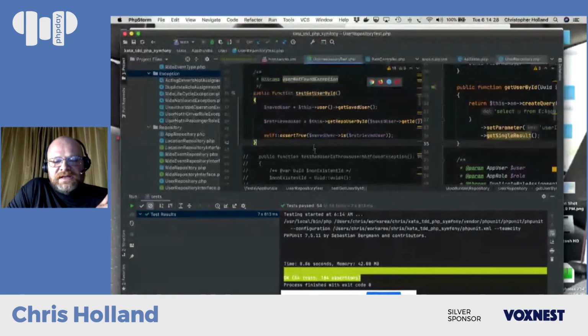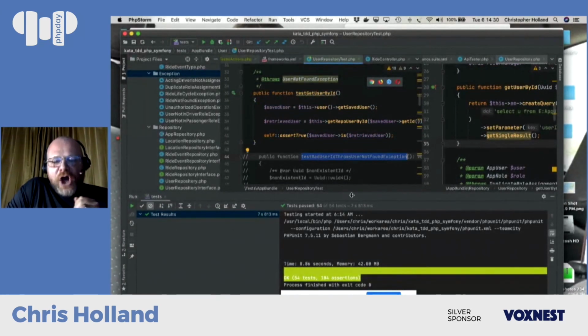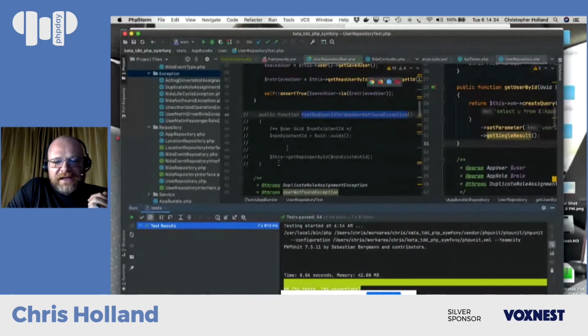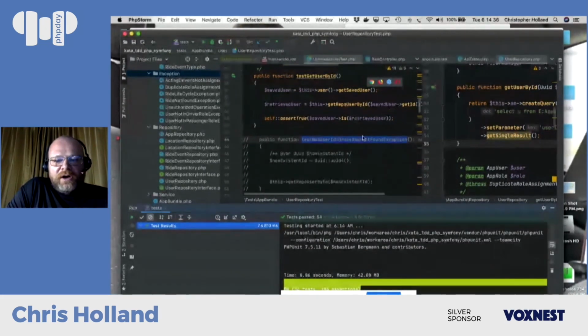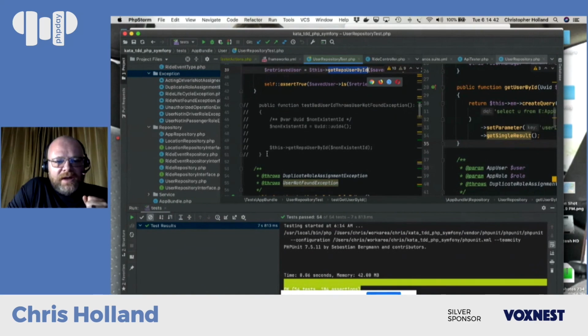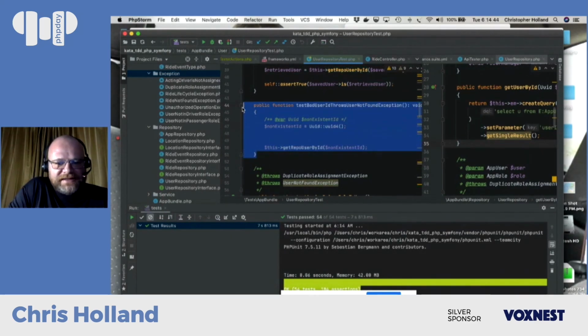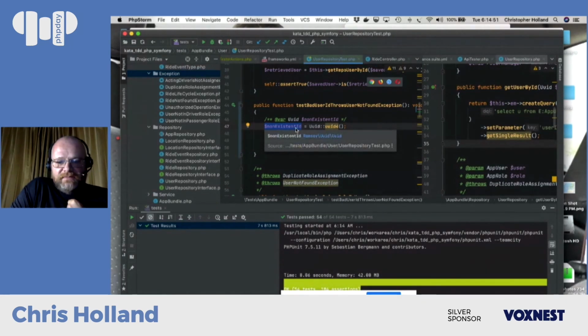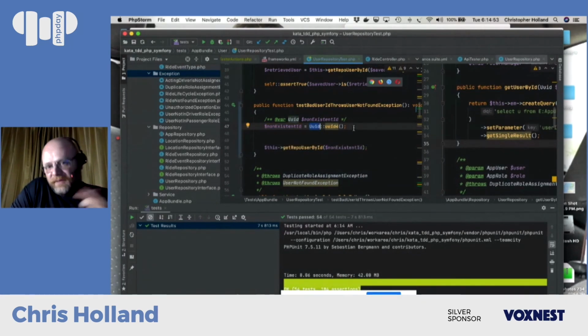But now I want to see what my code is going to do if I am passing a wrong, like a bogus user ID to my get repo user by ID, right? So I'm going to uncomment this test. Here I'm just creating a non-existent ID, using Ben Ramsey's UUID library.